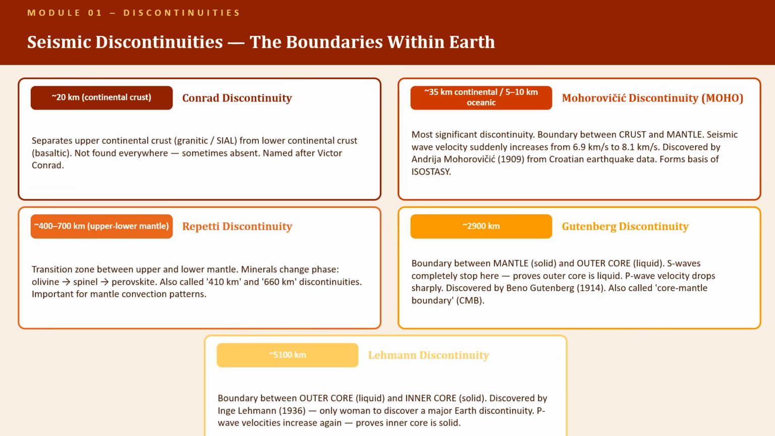The second and most important is the Mohorovicic discontinuity, always called the Moho, at about 35 kilometers under continents, just 5 to 10 kilometers under oceans. This is the boundary between crust and mantle. Seismic wave velocity jumps suddenly here. Discovered by Croatian scientist Andrija Mohorovicic in 1909 from earthquake data. The Moho forms the basis of the theory of isostasy, the gravitational equilibrium of the crust floating on the mantle